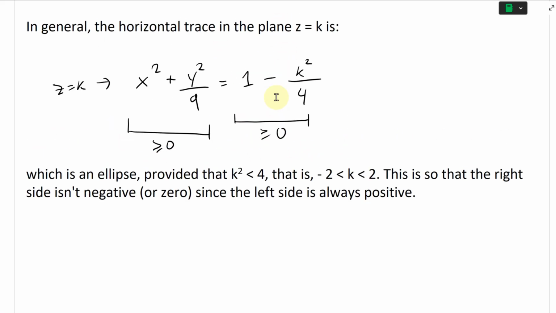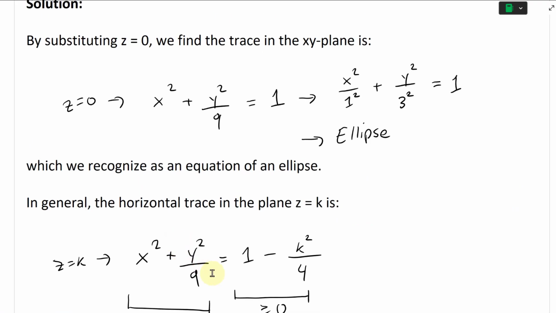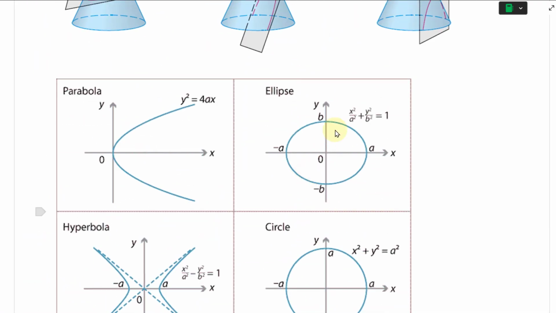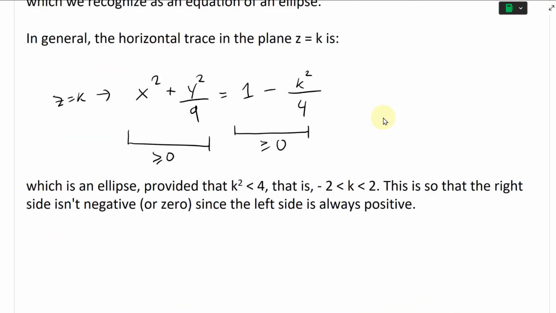And this becomes an ellipse because you can write this in this format. So this ellipse right here, this is the format x squared divided by a squared plus y squared divided by b squared equals 1. So you can get this format by dividing out the right side by itself, and then doing it to both sides just so that we get 1. For example,